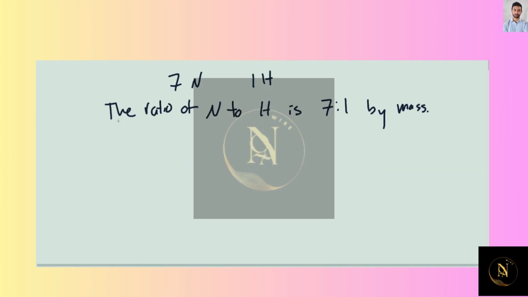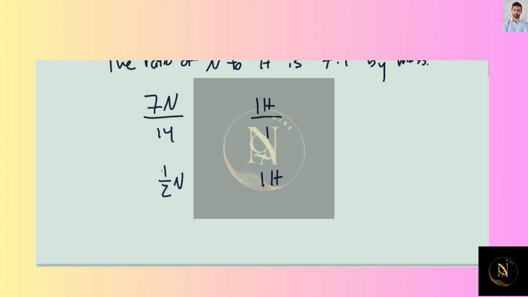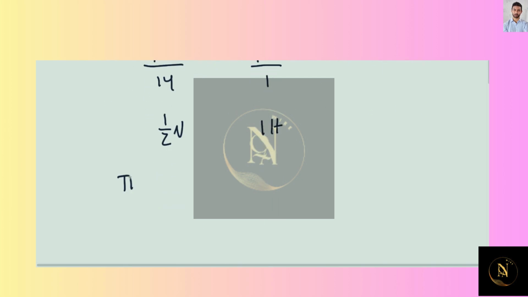Okay, and if we want to figure out what the ratio of nitrogen to hydrogen is by mole, which will allow us to give the empirical formula, we just need to divide each of these numbers by that particular element's molecular weight. That is, for nitrogen, we take 7 nitrogen and divide it by 14. For hydrogen, we take 1 hydrogen and divide it by 1. Those are roughly the molecular weights. And what we end up with is 1/2 nitrogen to 1 hydrogen, and this is the molar ratio. The ratio of nitrogen to hydrogen by mole